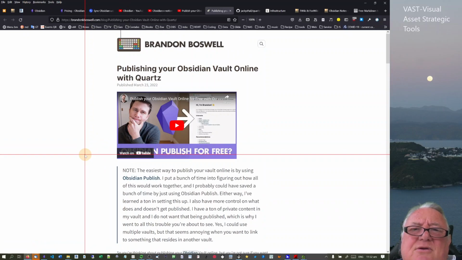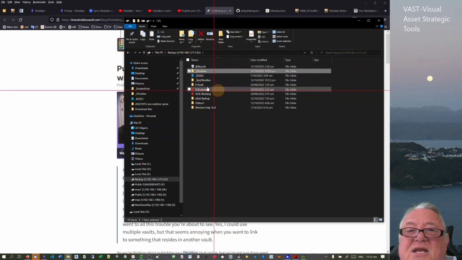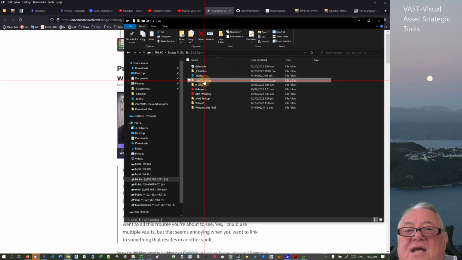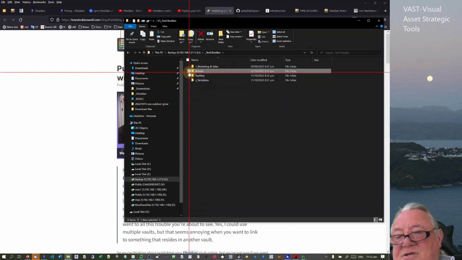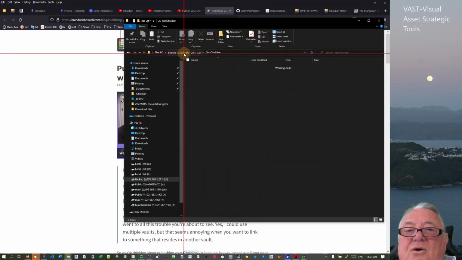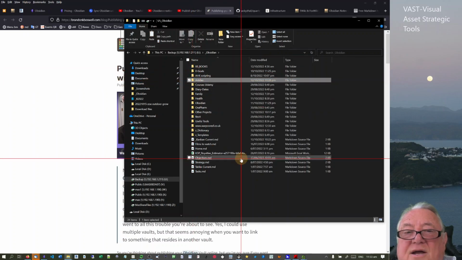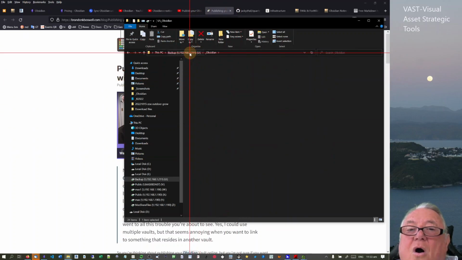All you actually need to do is have two vaults. You can have a private vault with all of your information in, and for the public vault, you just copy the items you want. So if we go into our vaults, we can have Obsidian, and then we can have another one called Test Obsidian. Inside here, I'm just going to delete this one and go yes. Then I can go inside my Obsidian and say, I want all of these articles to be shown on my